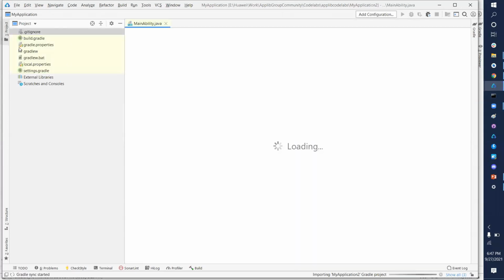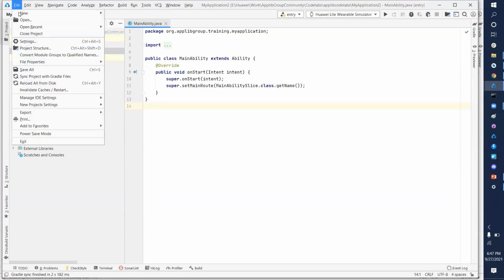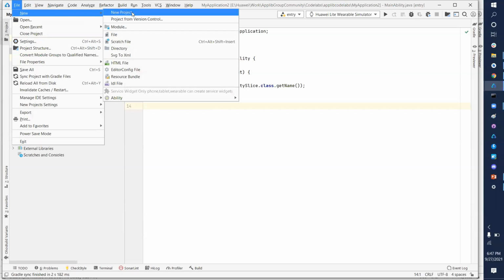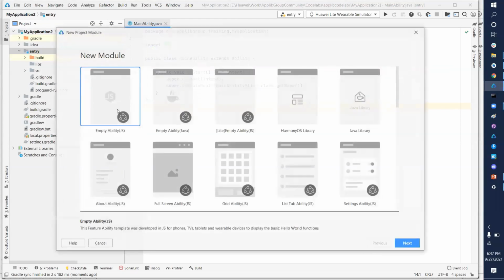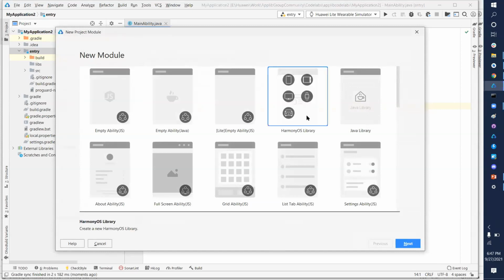So now, if you see the project structure on the left side of my window, there's my application, with an app already created by default, which is a sample application. Now we want to create a library. So we'll go to New and then click on New Module. Here in modules, you will find different kinds of modules. What we need to select over here is Harmony OS Library.